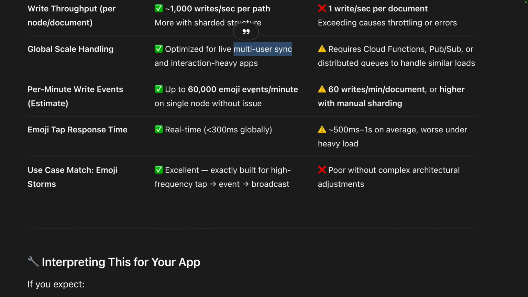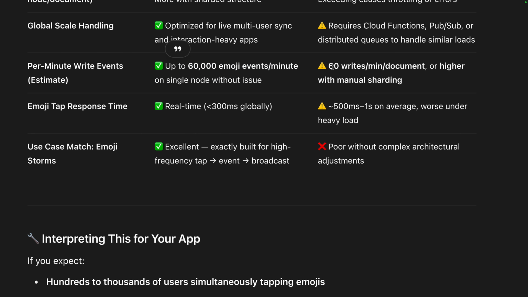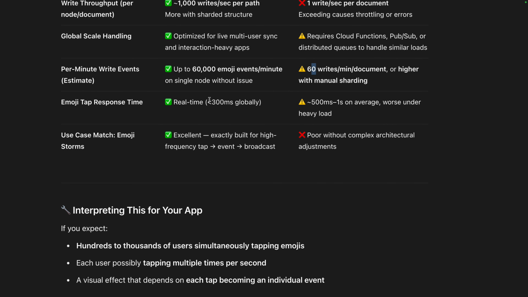So 60,000 emoji events per minute. That's like 1,000 times 60 minutes. That's 60 per. So absolutely, and this is less than 300 milliseconds globally, because Google is big and it has